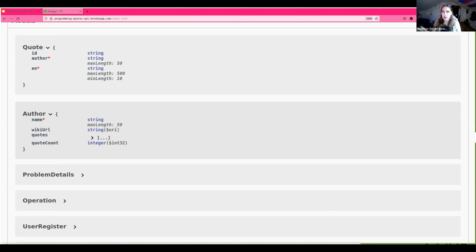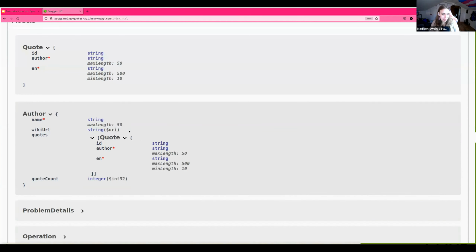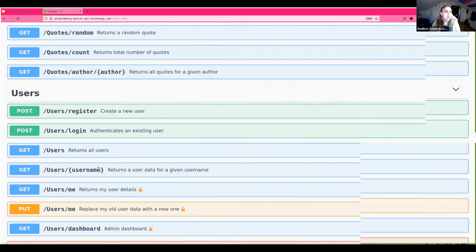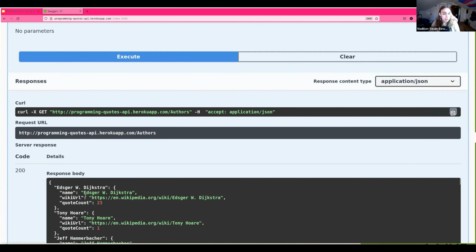So that's just going to be a string when it comes back to us. We also have a list of quotes that are coming back, a list of the quote objects, which are just above. And lastly, when we look at the author endpoint, we also get a quote count, which is an int.